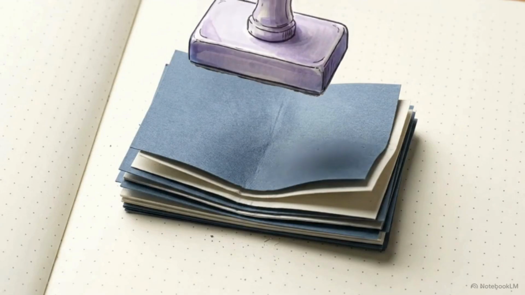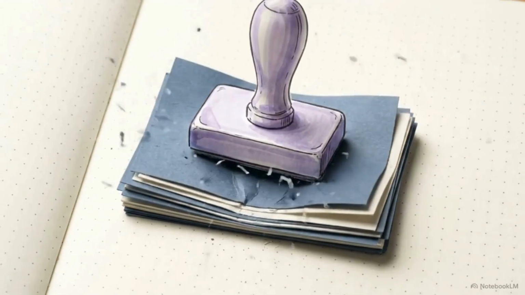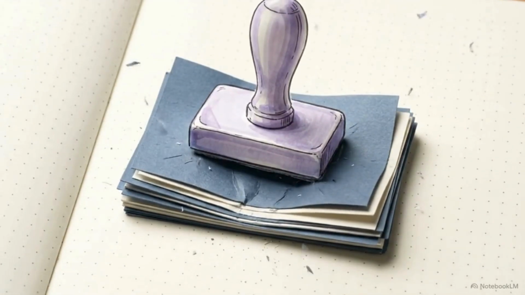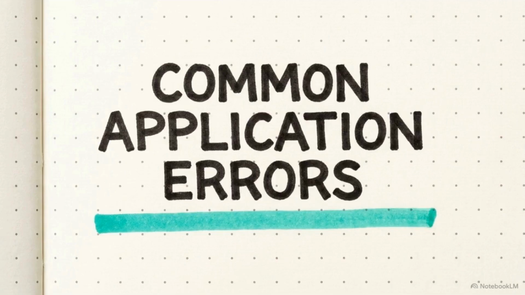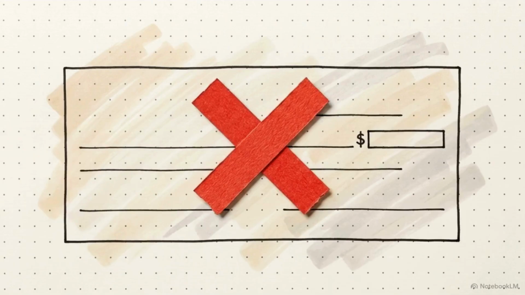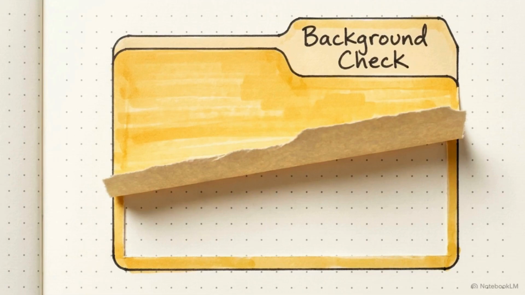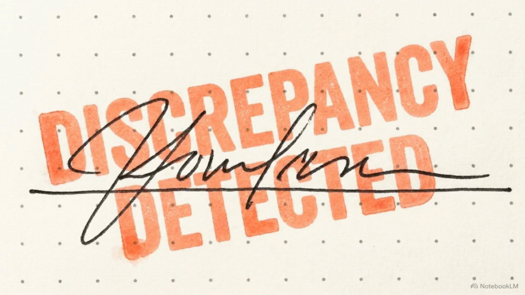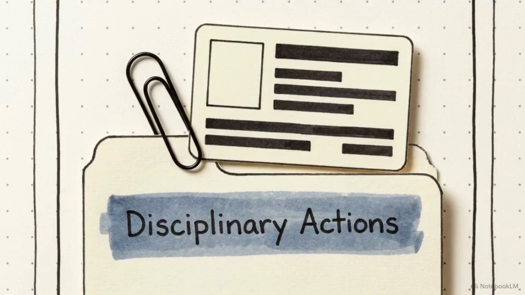A license denial is a direct administrative response to specific failures in the application or the applicant's background. Simple administrative omissions often act as the first filter. The division will deny a license if the application is incomplete or if the required licensing fees are not included. More serious flags involve the applicant's professional history. This includes making false statements on an application or having a previous real estate license suspended or revoked in Nevada